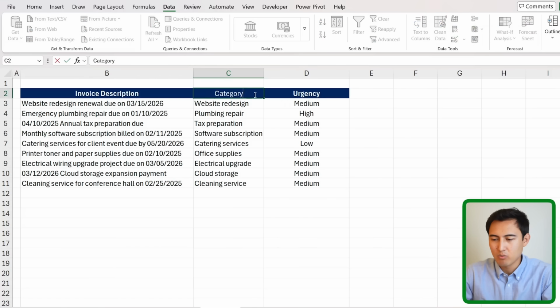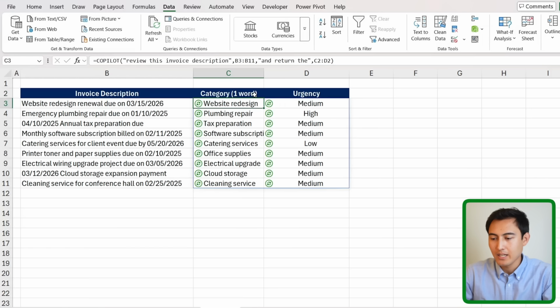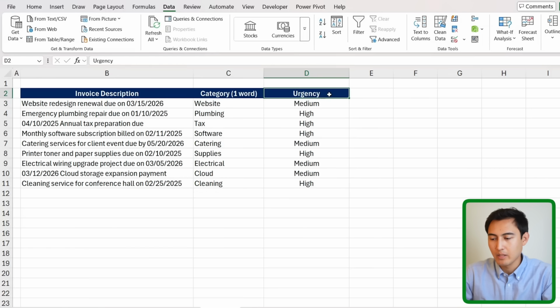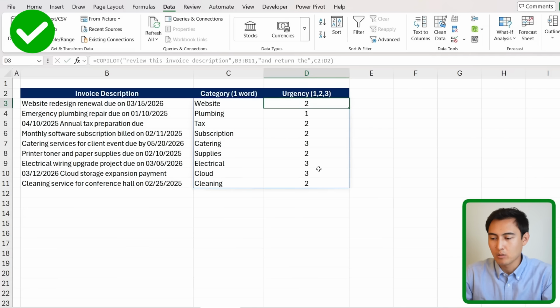Even better, if you just want it to be like one word, I can literally put "one word" in here, and it's able to detect that feedback and switch it to just one word. Same thing with the urgency. Let's say that we go 1, 2, 3 instead of high, medium, low, then it's able to make that adjustment as well. Awesome. So far we've seen how to clean, how to analyze, and now let's look at how to